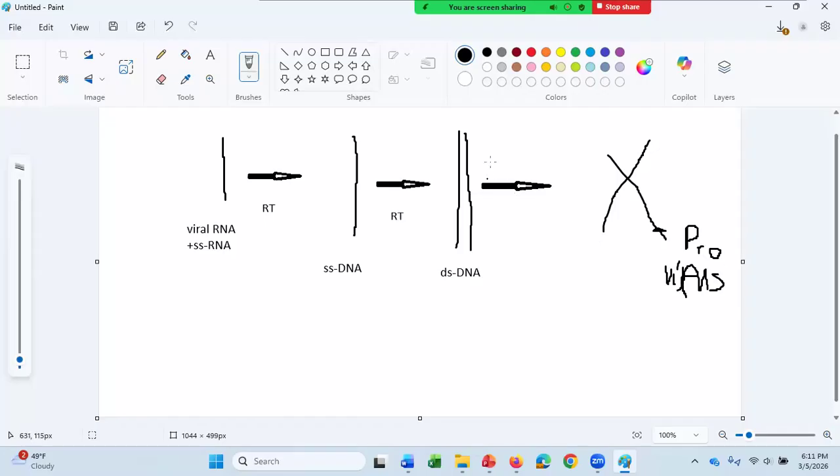Anyways, the double-strand DNA then will integrate into the host cell chromosome, and this will remain with the cell for the lifetime of this cell. And the only time the provirus will be replicated is when the host cell replicates its DNA, or when the gene is transcribed right here, meaning the provirus is transcribed. That can actually make viral messenger RNA.